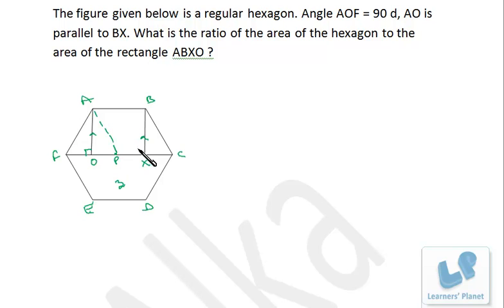PAF is one equilateral triangle and PBC will be another equilateral triangle, right? So this is half of one equilateral triangle and this is also half of one equilateral triangle, right? So from the 3 over here, one equilateral triangle is deleted from this area of OAB to find the area of OABX, right? So above FC there are 3 equilateral triangles. Out of that, one is not counted, so the remaining is 2. Now the area of the hexagon will be 6 units, the area of OABX will be 2 units, so the ratio is what? 3:1. Okay,